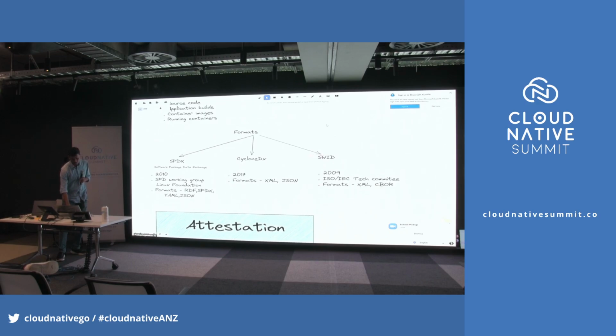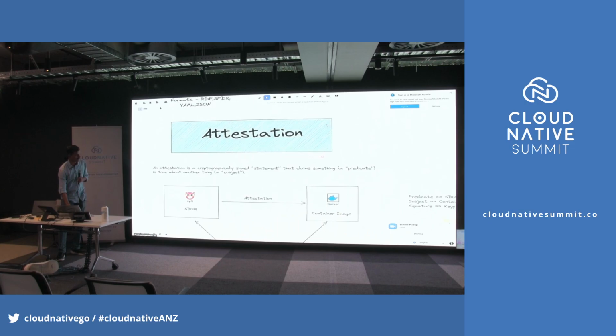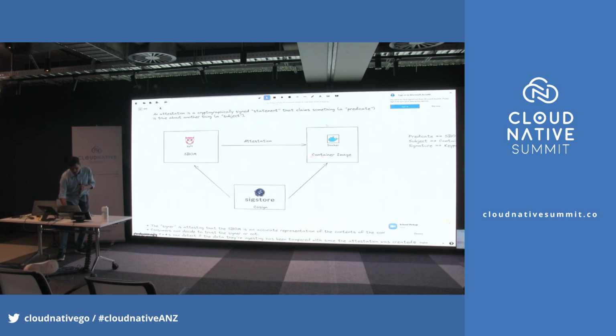So right now it's not just about generating SBOMs. As I said, we've also figured out that even though you can generate an SBOM, which specifies what's within your artifact, that SBOM itself can be manipulated and mutilated in a lot of ways. So you have to make sure that you can attest your SBOM. So now there is a concept of attestation, wherein you end up attesting your SBOM.